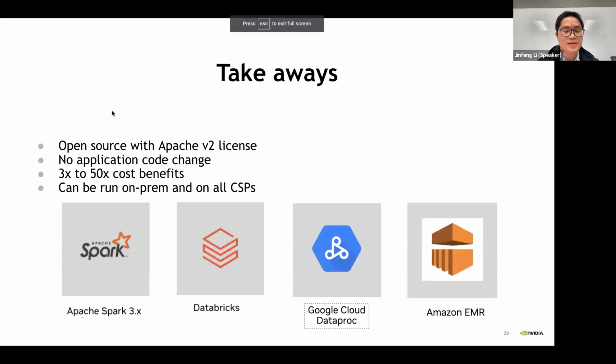So the takeaway is that Spark RAPIDS ML has been made open source under the Apache v2 license. It requires no application code change, and in order to use it, one single import statement is sufficient. In terms of performance, Spark RAPIDS ML shows 3 times to 50 times cost benefit. And it can be run on-prem and on all the cloud